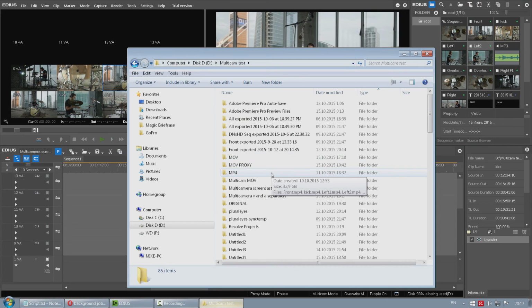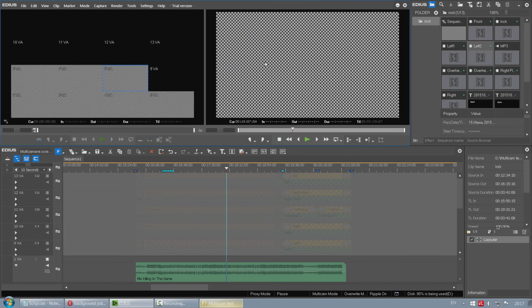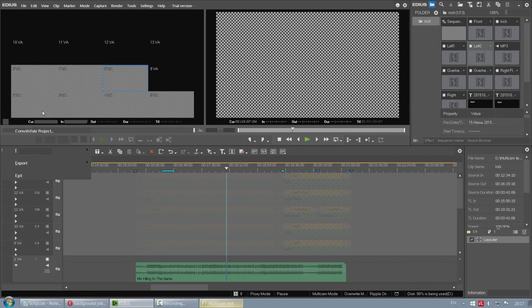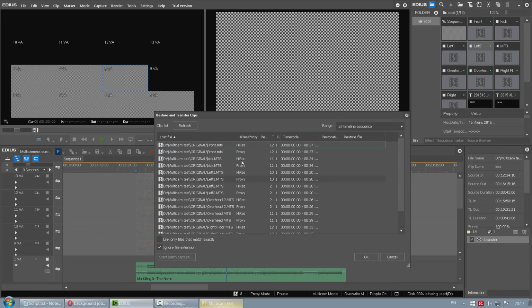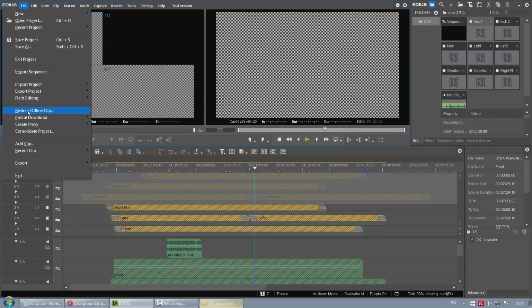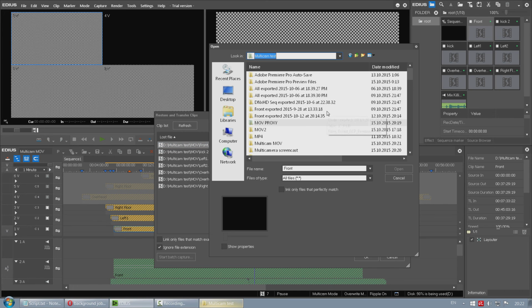If I go to my project folder and I just rename it. If I go back to Edius, they're gone. They're missing. And it's now that I can restore offline clips with the built-in dialog. Here in this project, I have some MOV files missing. And if I go here to restore offline clips, and if I want to replace this one with an MTS file from here,